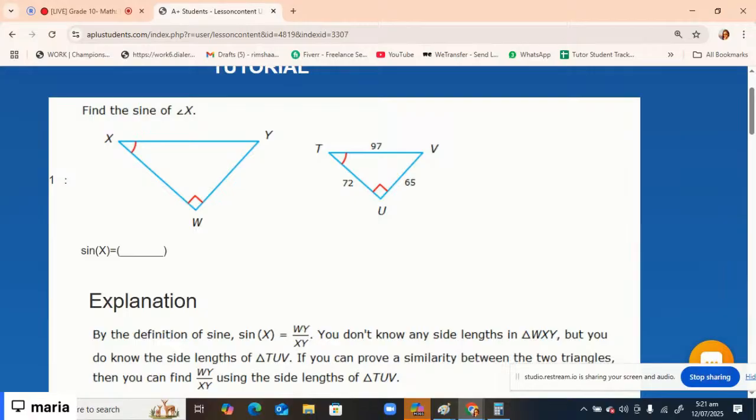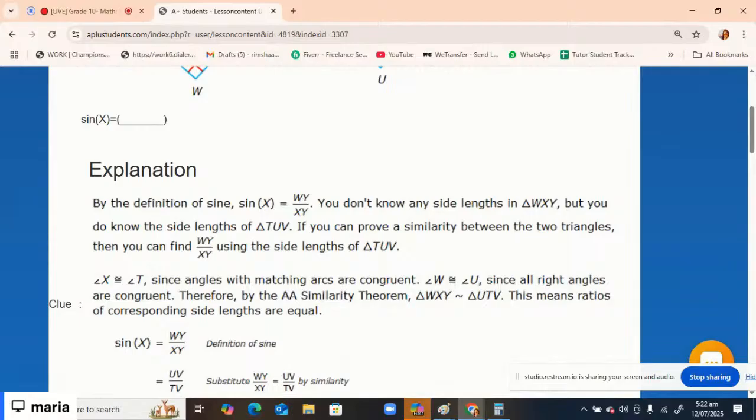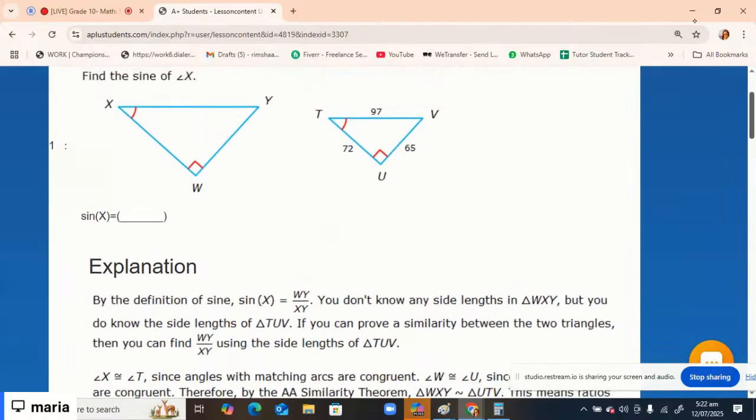Here are the two triangles. This is XYW, and here is TUV. XY is given as 97. These are the same angles and same right-angle triangles. So by the definition of sine,